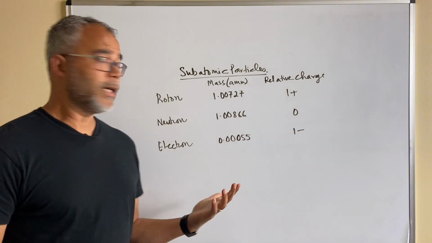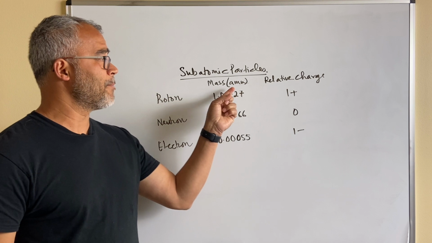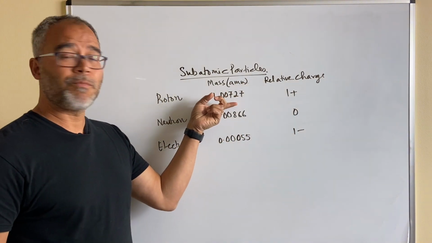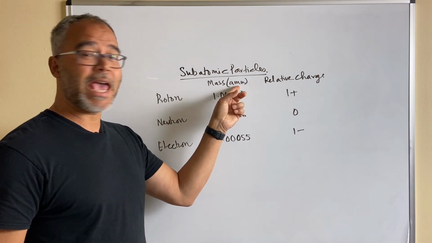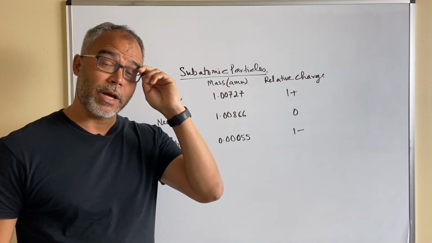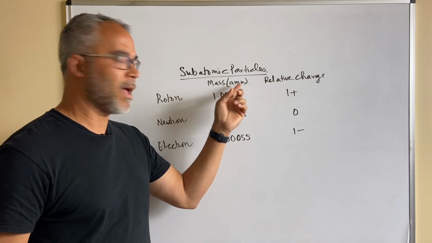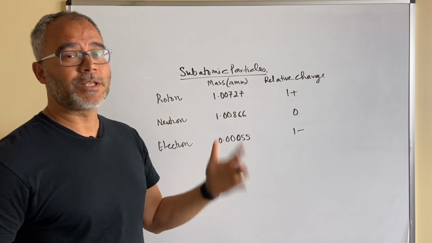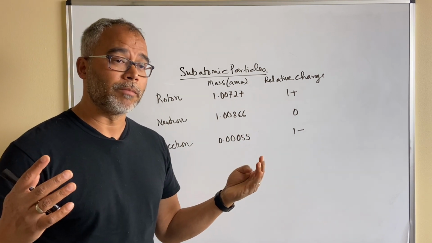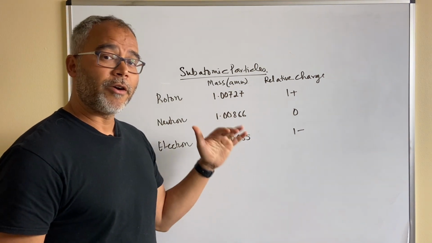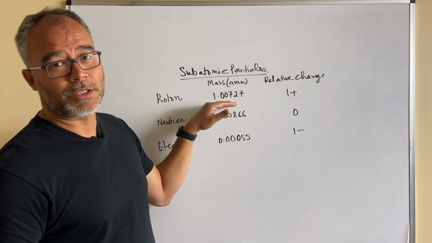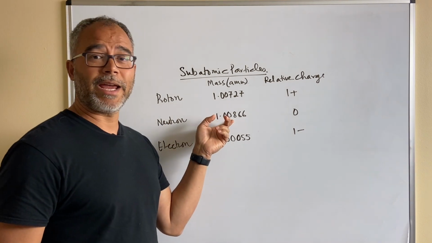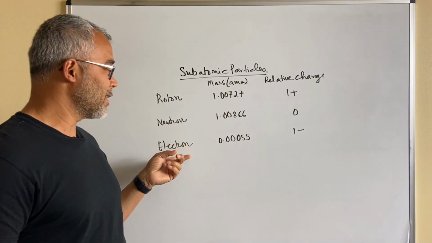Let's take a look at the subatomic particles, their masses and their relative charges. So the proton has a mass of 1.00727 AMU. AMU stands for atomic mass unit, okay? And if you convert one atomic mass unit to kilograms, it's going to be a really, really small number. For the purposes of our discussion, we're going to use atomic mass unit because these are very tiny particles, okay? The neutron is 1.00866 AMU and the electron is